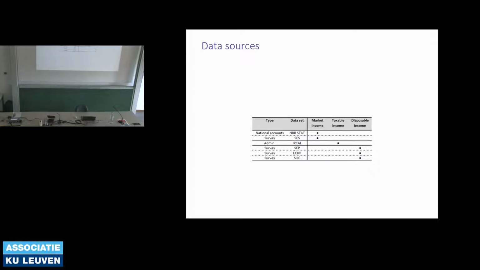And then the other studies look at a more, let's say, micro level. You have surveys, which are obtained by interviewing people. We have the structure of earnings survey, which in Dutch is the loonenquête, done by Statbel. That's a quite peculiar survey because it's a survey of companies of more than 10 people, but they also include some information on the earnings of these employees. So this is earnings of employees of companies with more than 10 people.